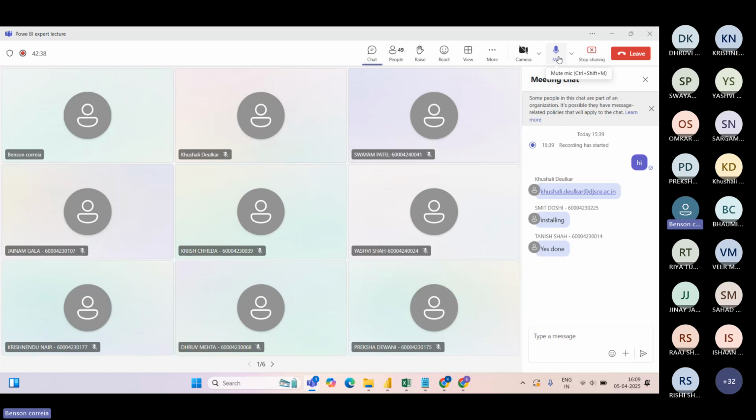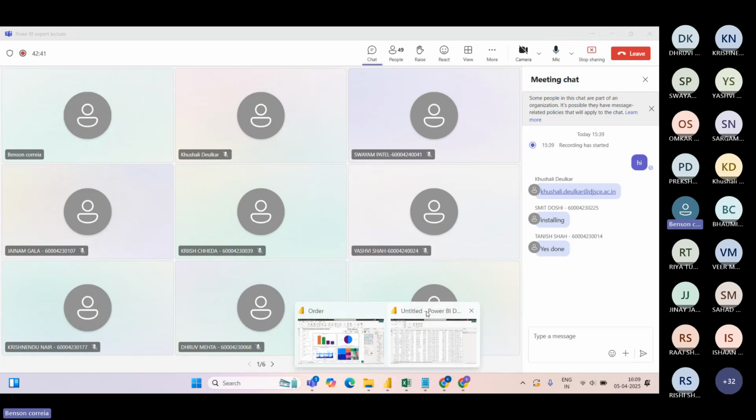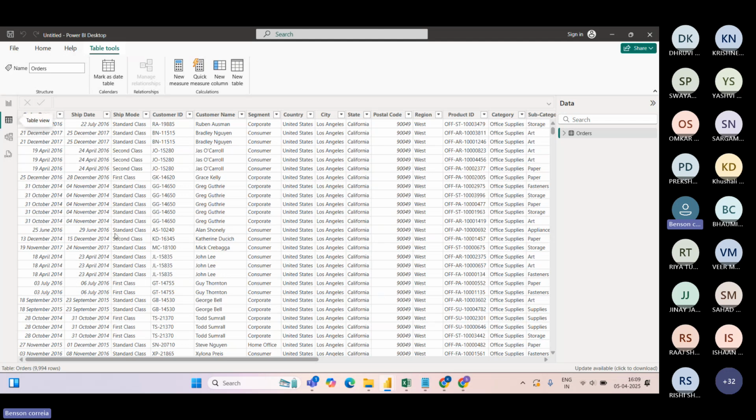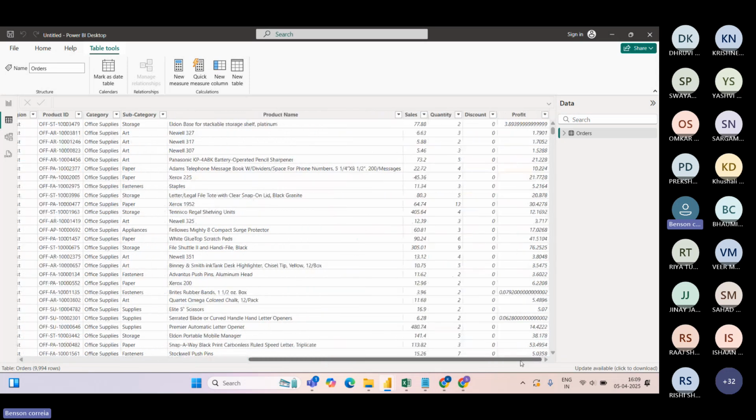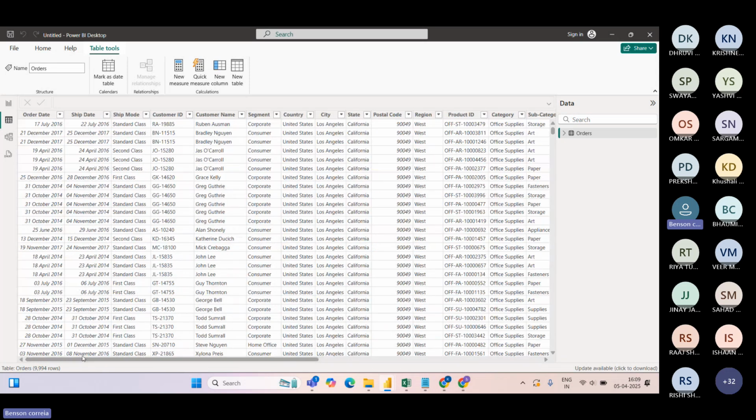Yeah, sorry, I'm back. So we are over here, and here we can see the data we have imported from Excel. This is the data, and here we can see the total number of rows the table contains. So our table contains